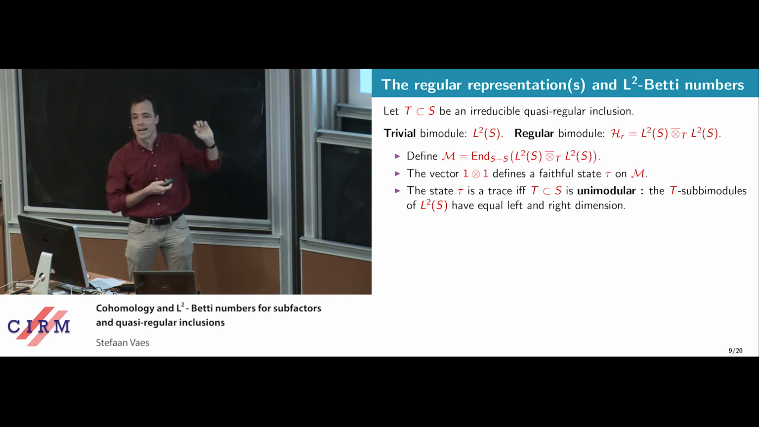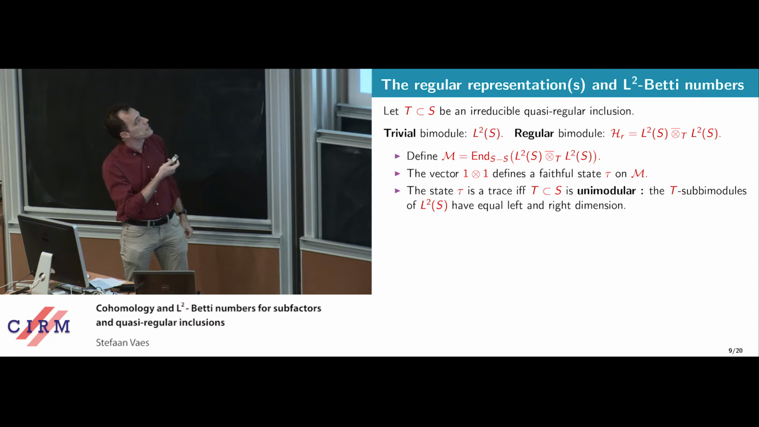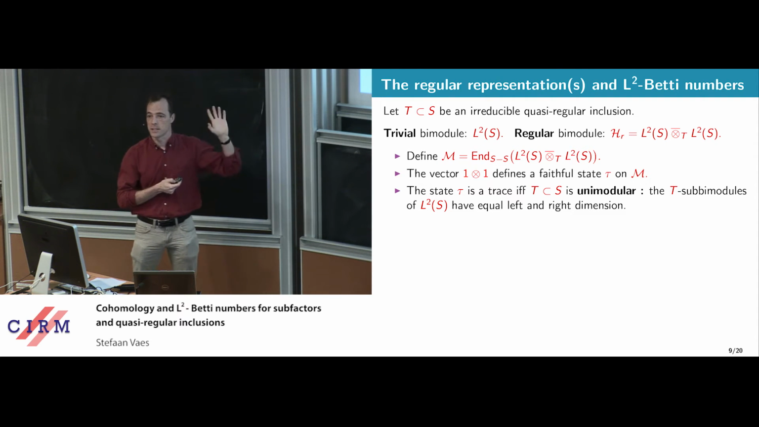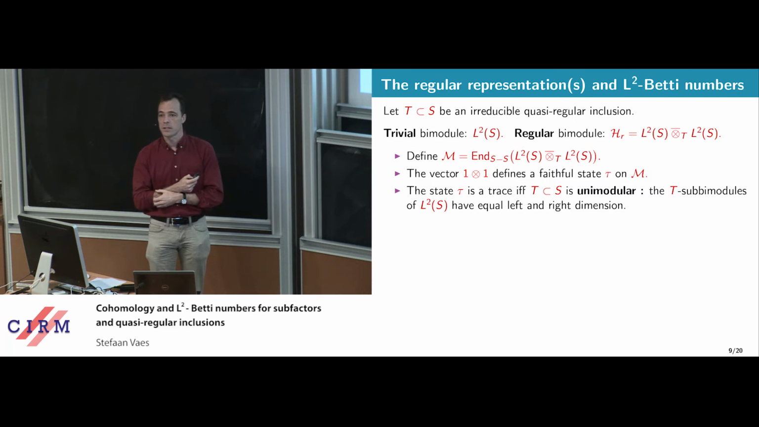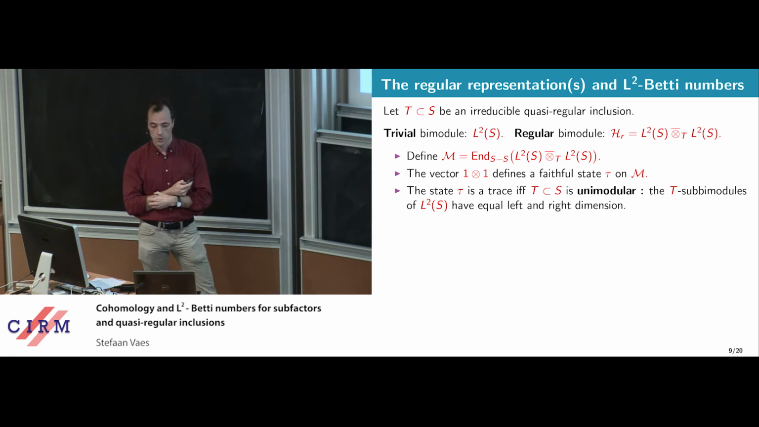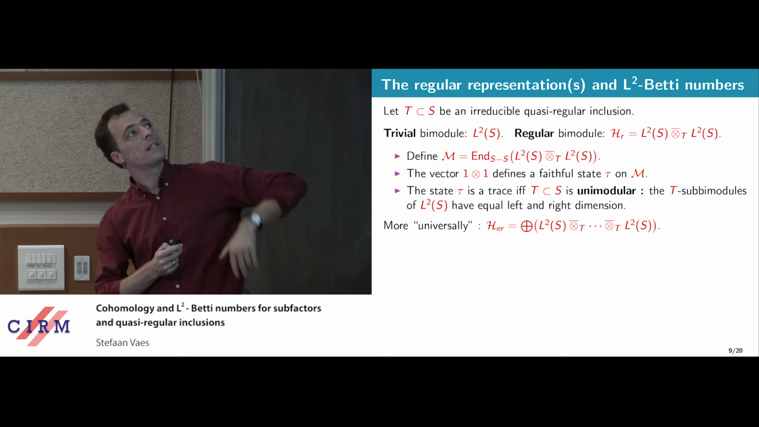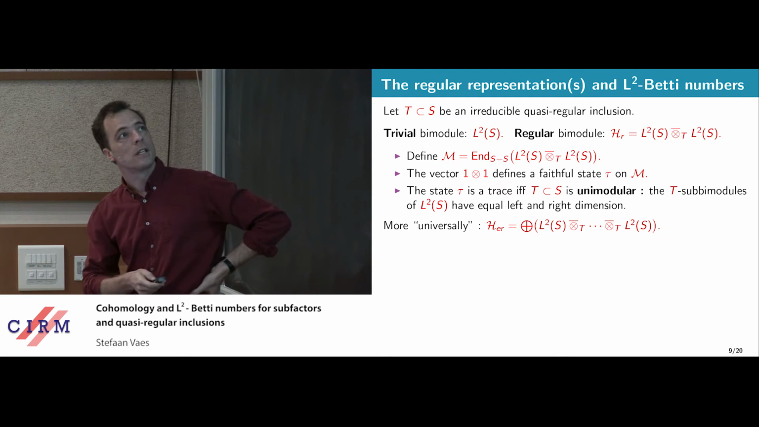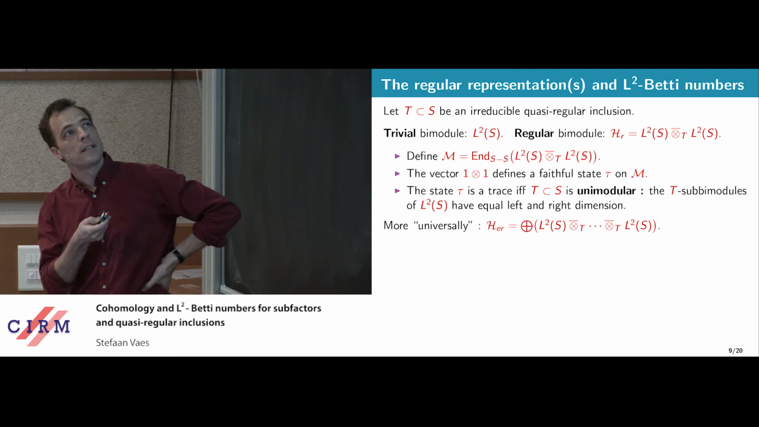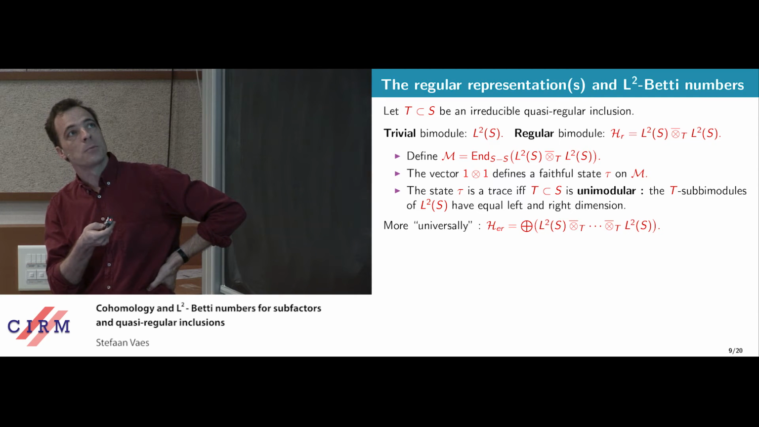It's a trace exactly when the bimodules that appear in S have equal left and right dimensions. So that's under the same unimodularity assumption, you get a tracial von Neumann algebra. Okay, so that's the first good guess, but it's not good enough, because if you look at this S bimodule,